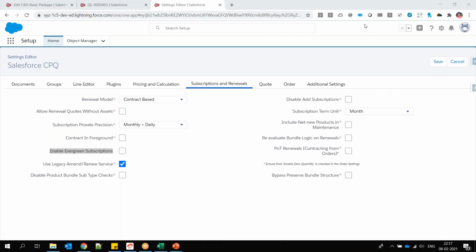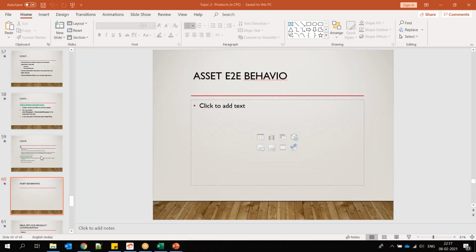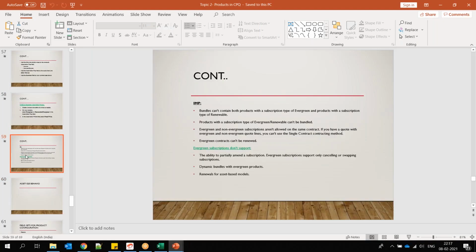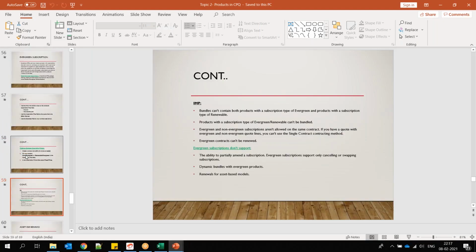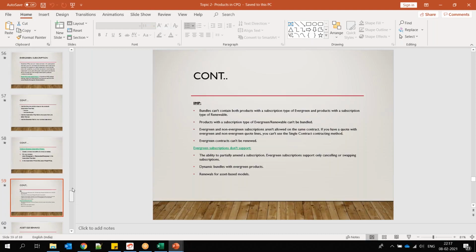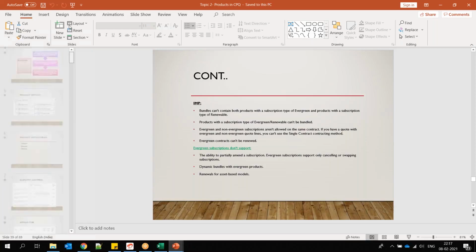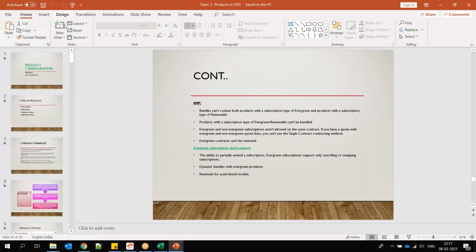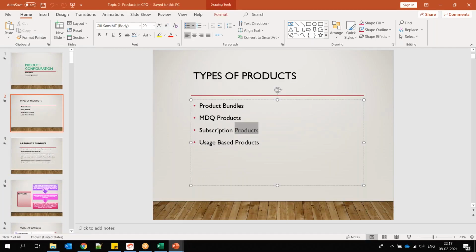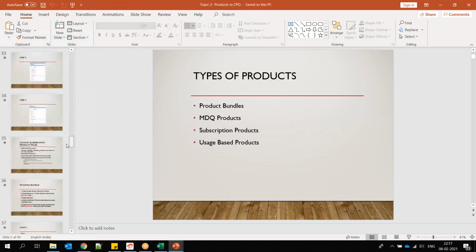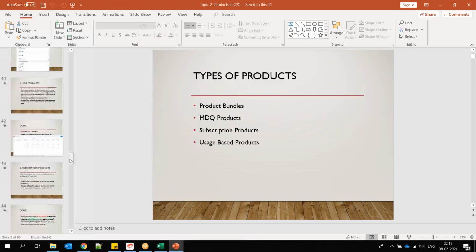Okay, great. And we'll be touching on this particular slide again because this is the last slide. Evergreen subscription is one of the product types, so I don't want to confuse you. Again, I am saying there are two main types of product. One is asset-based product and another is subscription-based product. But if you divide that subscription-based product, it's again like product bundle. We have MDQ product, then subscription product we already discussed, and the usage product. So it's again a type of, it's not like subscription product. Subscription product is what we are discussing, right? It is subscription product. So let me go to